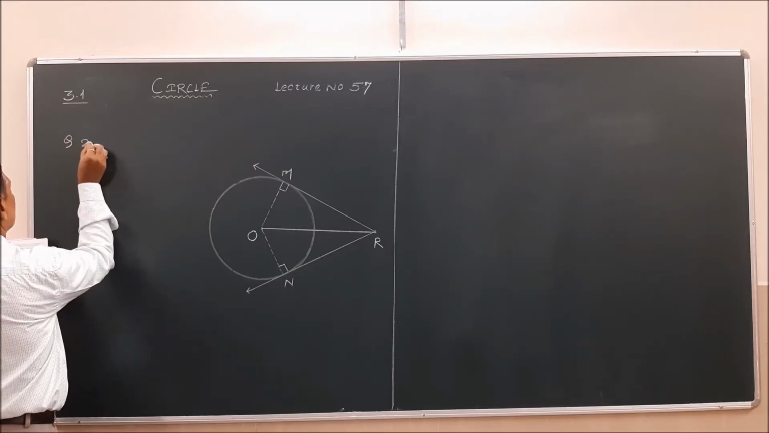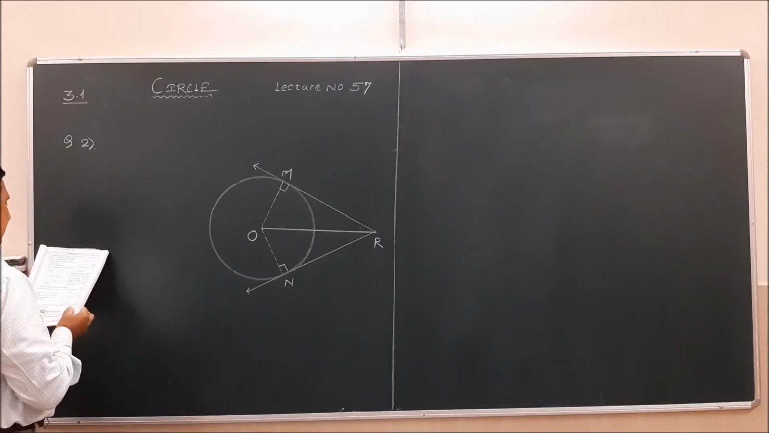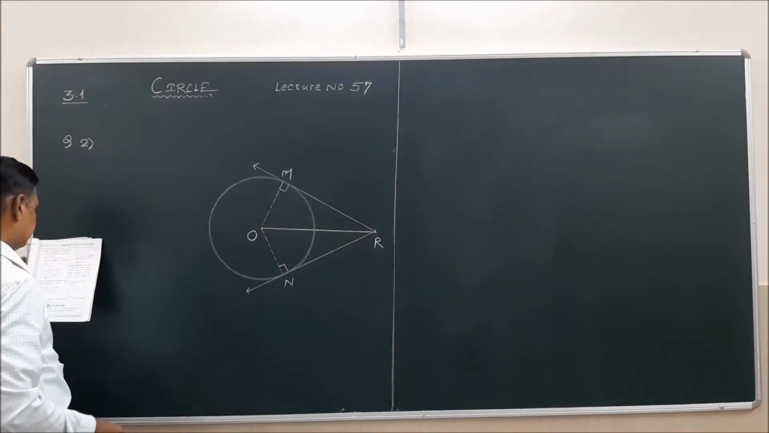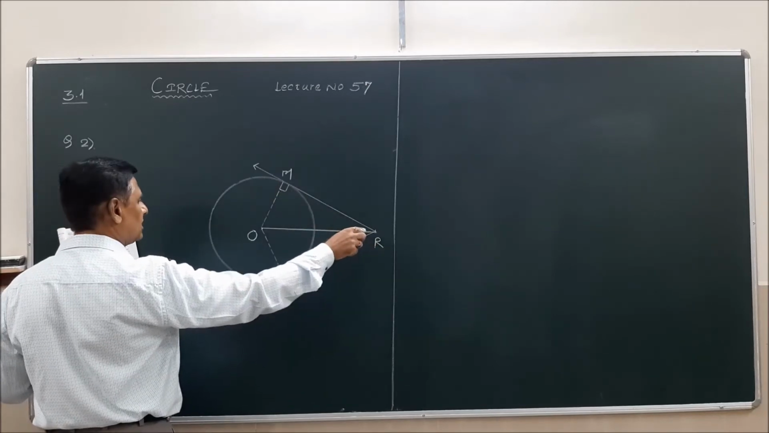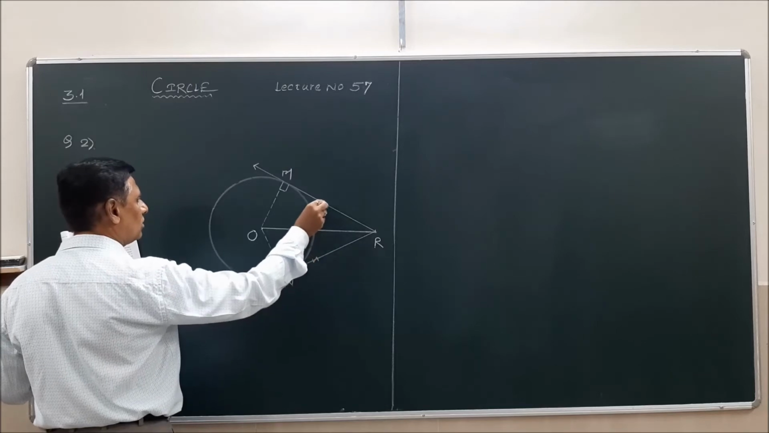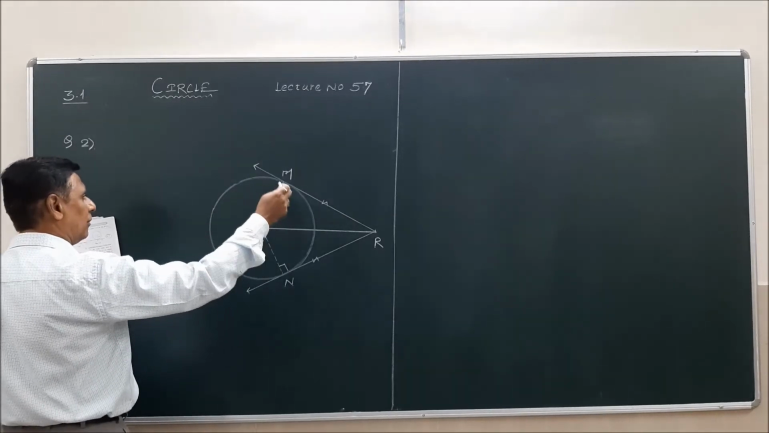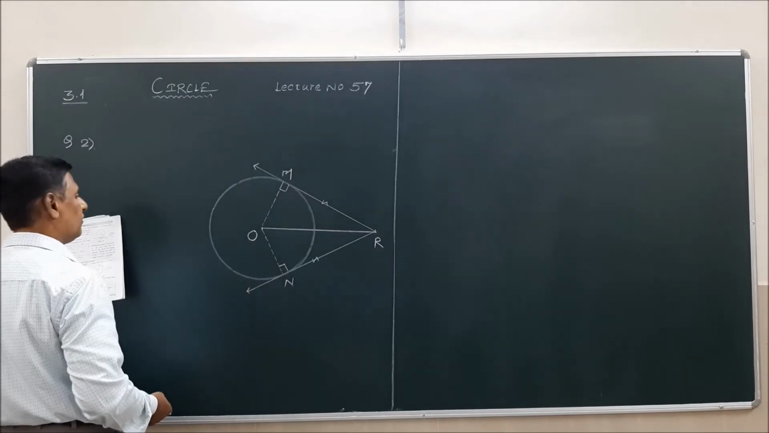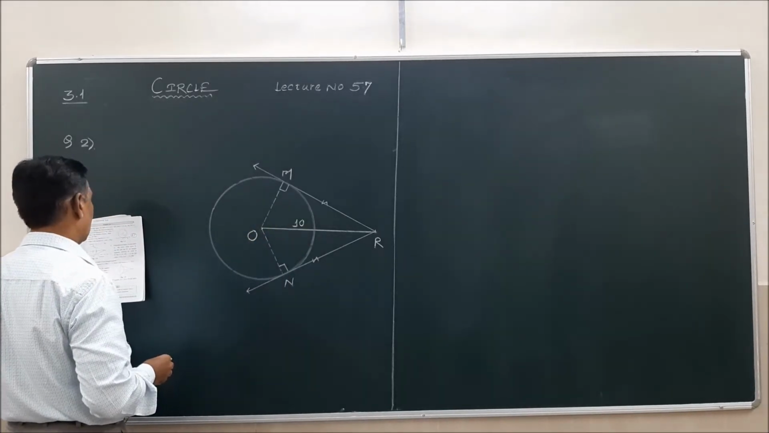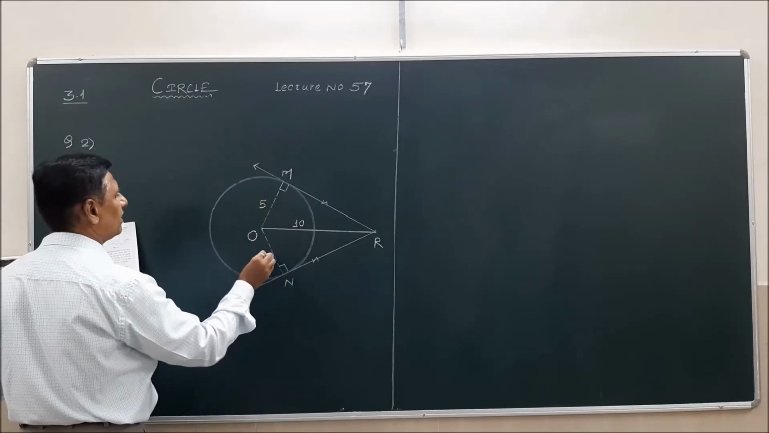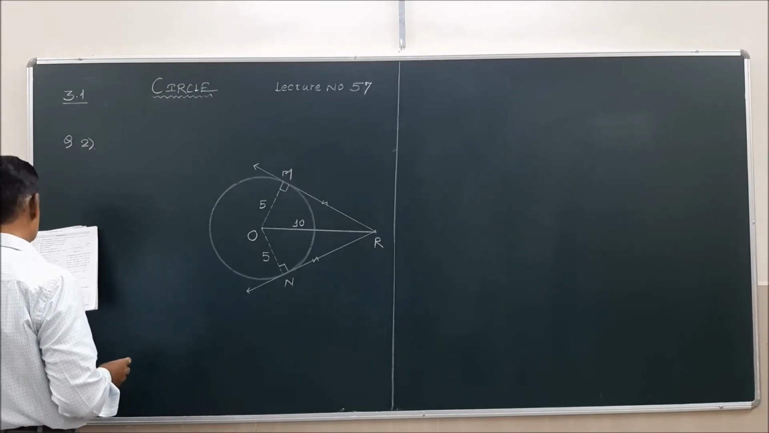Question 2, figure 3.20. In the adjoining figure, O is the center of the circle. From point R, segment RM and segment RN, two tangents are drawn, touching the circle at points M and N. If OR is 10 and the radius of the circle is 5,